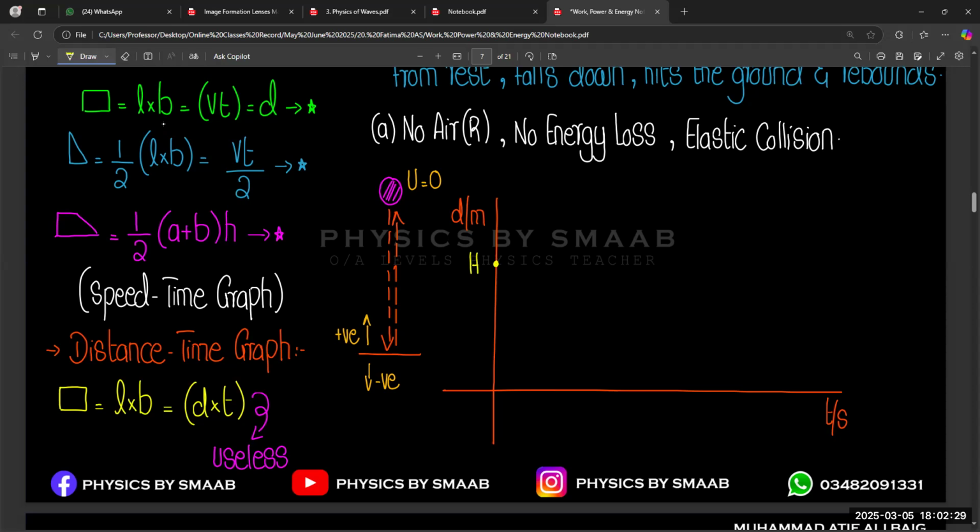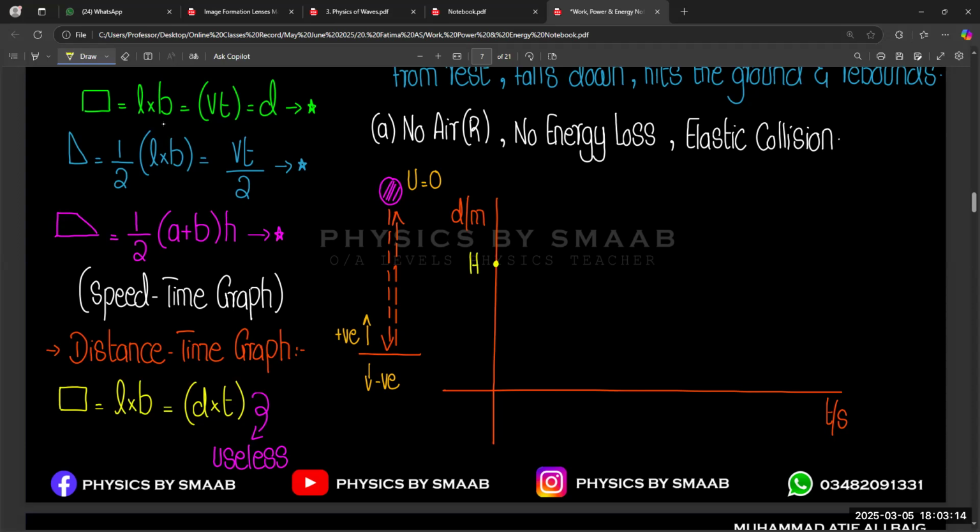Then it bounces back since there is no energy loss. For example, no energy loss means if you fill 1 liter of petrol in the car, and let's suppose that 1 liter will continue for the lifetime. That means no energy loss. We are using 100% energy, like the engine will not heat up. The 100% fuel is consumed in moving the car in the forward direction. So that is called no energy loss. But in practical life, it does not happen. Definitely there is some amount of energy loss, but right now we are not taking any energy loss. And elastic collision also means momentum and energy both remain conserved.